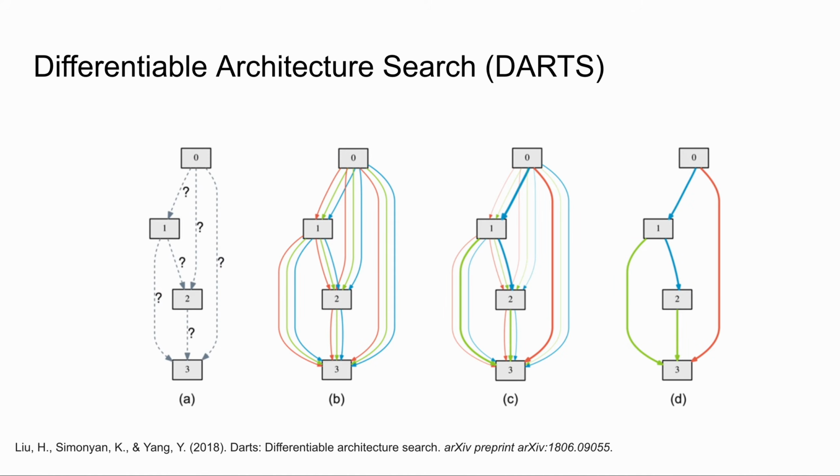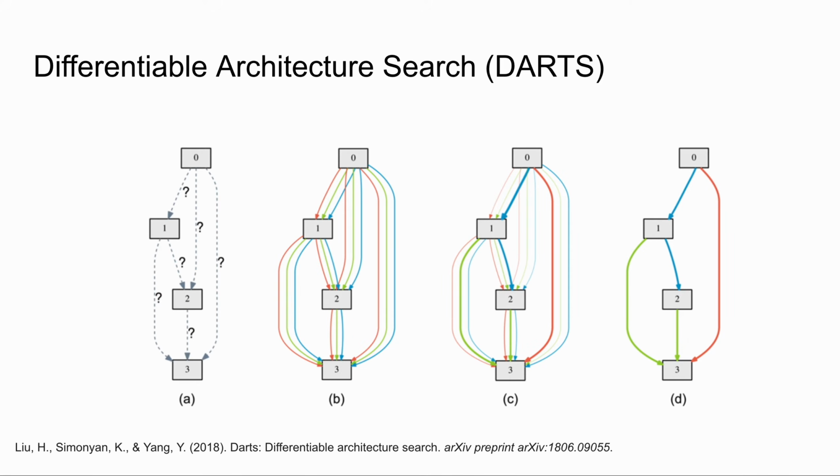The set of possible edge operations for a neural network is discrete, meaning the space is non-differentiable. Differentiable architecture search, or DARTs for short, applies a process called continuous relaxation, which makes the search space differentiable, allowing for gradient descent. The previous methods can be expensive because they involve training the candidate architectures in order to evaluate